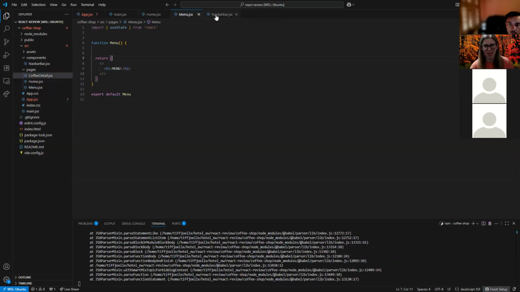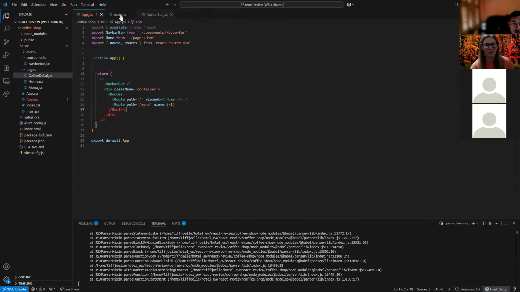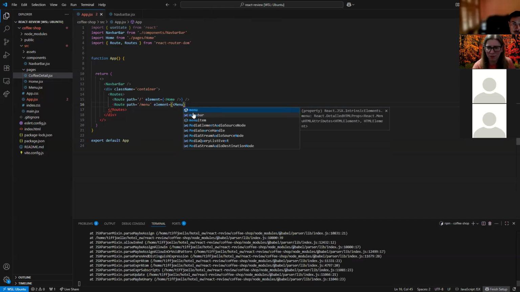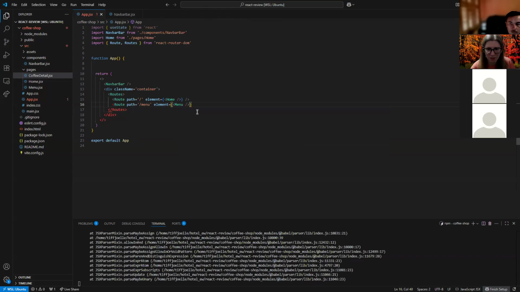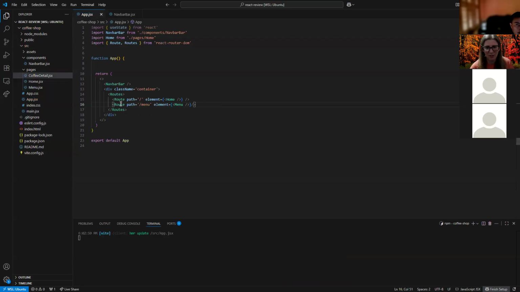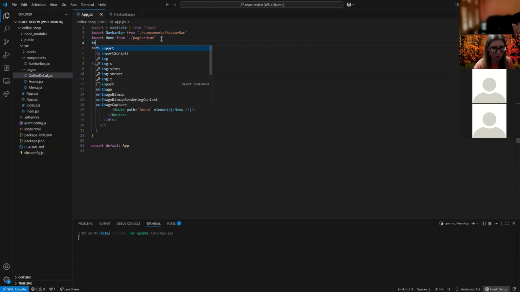Okay, so now when I'm on my app, I should be able to put this element in and it will auto. So we're going to the menu, which it doesn't auto import. That's fun. And then make sure after you do your element, so it's weird, you have to put these curly brackets and then put the component in there, but make sure you close your route tag as well. Otherwise it'll keep giving you errors. So now we're going to import